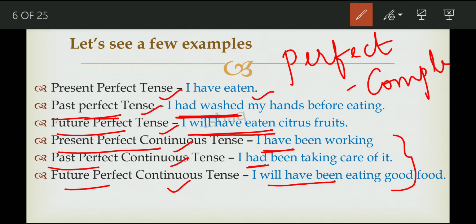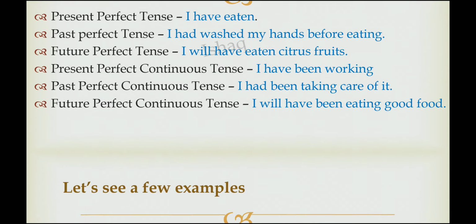See, present perfect continuous is like we have started the action and still it is in continuation. Past perfect continuous, it was started in the past somewhere and it was in continuation in the past. Future perfect continuous, like at one point it has been started, whether it is now or in the future, but it will be continuation in the future and it will be completed at one point of time. So this is about that, and we'll go to the next slide.